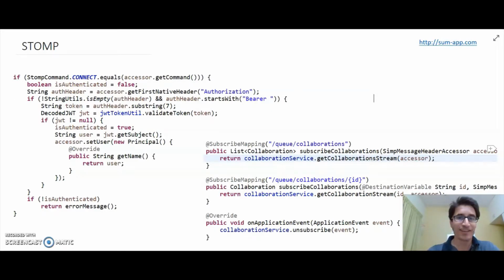STOMP stands for simple, and some people call it streaming, simple text-oriented messaging protocol. What it does is it basically uses the underlying WebSocket interaction pattern with or without SockJS to implement a messaging protocol at the application layer.